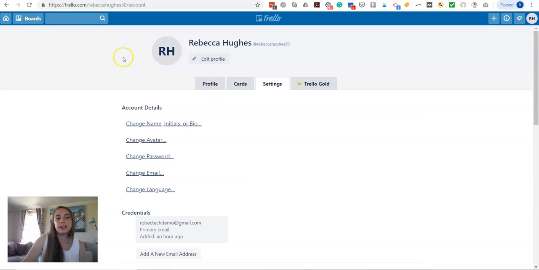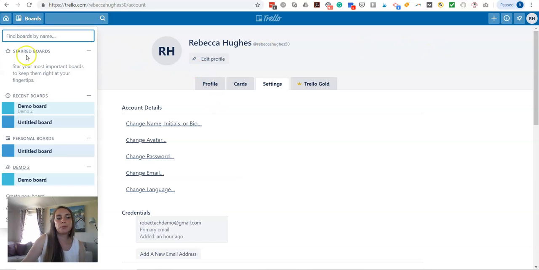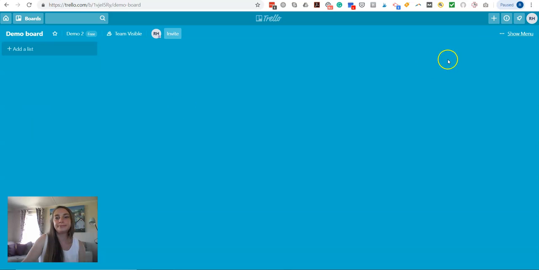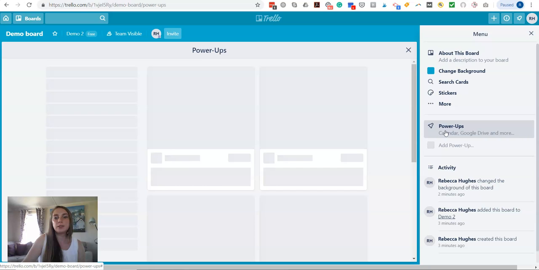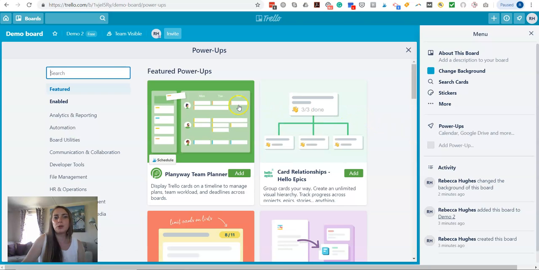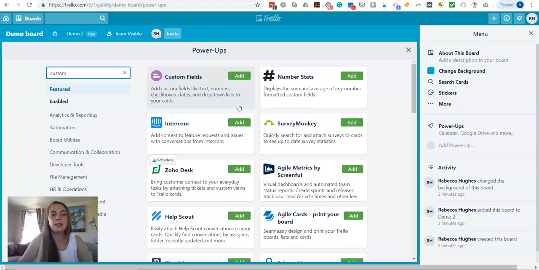Okay, so now that that's set, I'm going to go back to my board and I am going to add a power up. Now, power ups give your Trello boards a lot of power. With the free account, you only have one power up available to you, and that one power up I would always recommend is the custom field. So the custom field power up allows you to place text, numbers, checkboxes, dates, drop down lists to your cards,